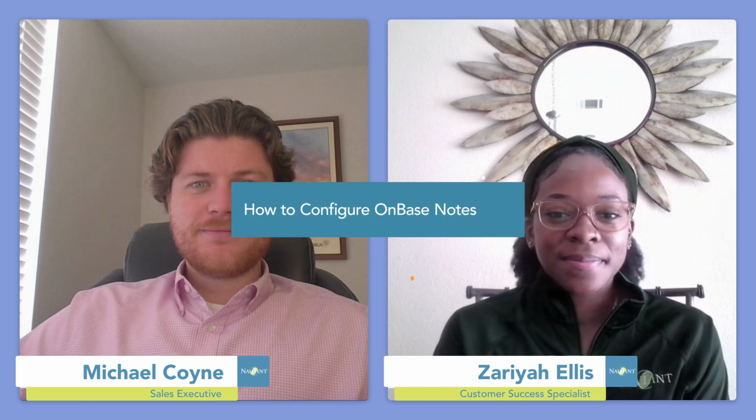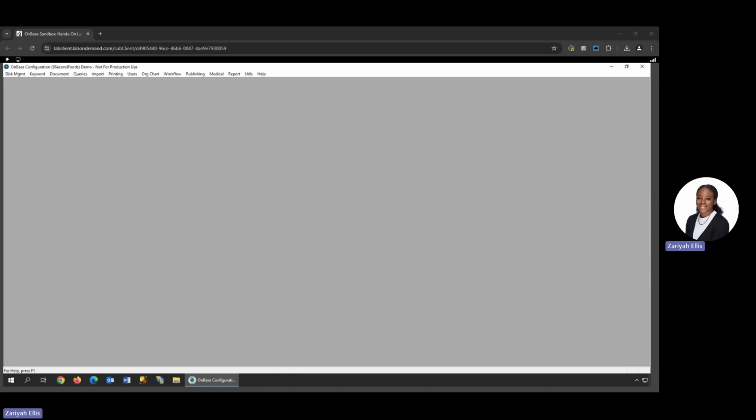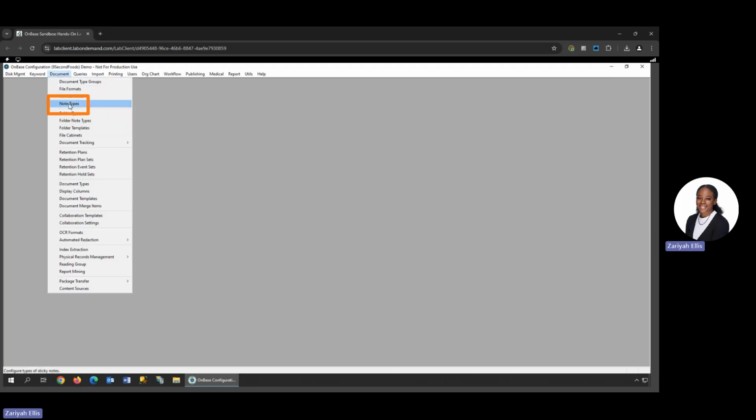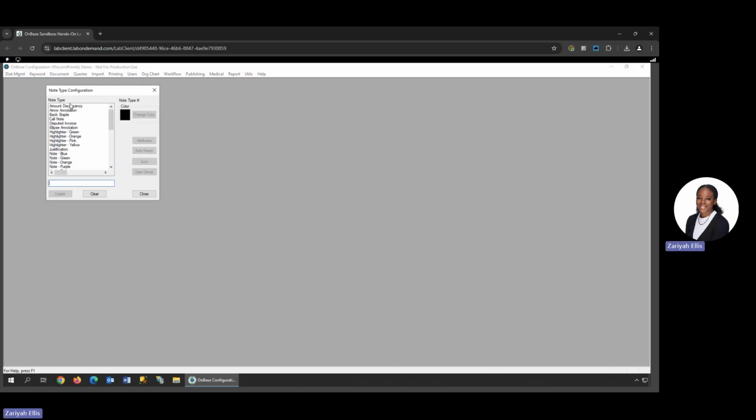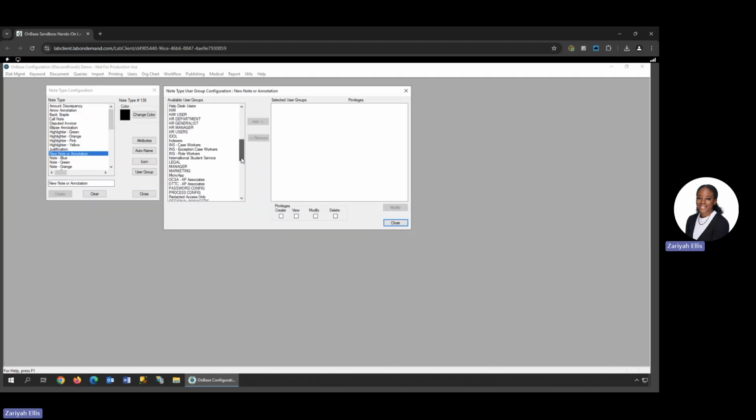Let me share out my screen. In order to configure OnBase Notes, you'll need to go into the configuration module and go into document and select note types. So we'll create a new note, and for this example, we'll call it new note or annotation. Once we click create, we'll want to assign user groups. So we'll assign the manager user group,